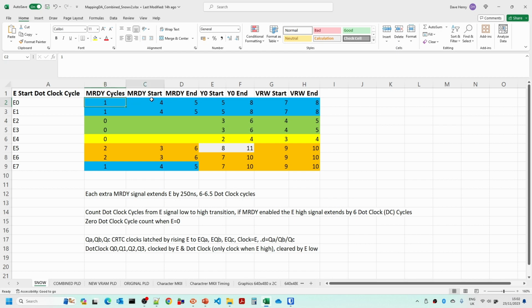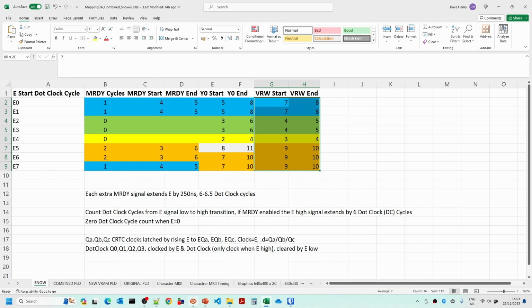So the start of the MRDY and end of the MRDY signals, it's changed a little bit for some of these. The start and end for these has also been tweaked a little, as has where the video read-write signal has been changed. So compared to version 1 of this, these have been tweaked quite a bit. I will share at the end of this an updated diagram that I've done, so it was getting a bit messy, just to make sure all this sort of stuff is nice and neat.